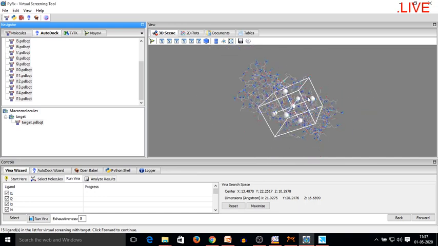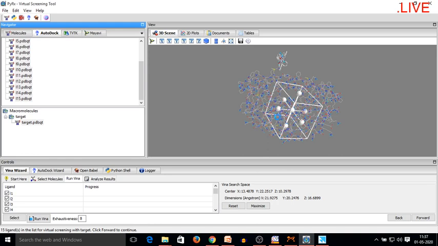As the size increases, the time for execution will definitely also increase, because all the ligands will individually scroll to all the sites and search for binding conformations.